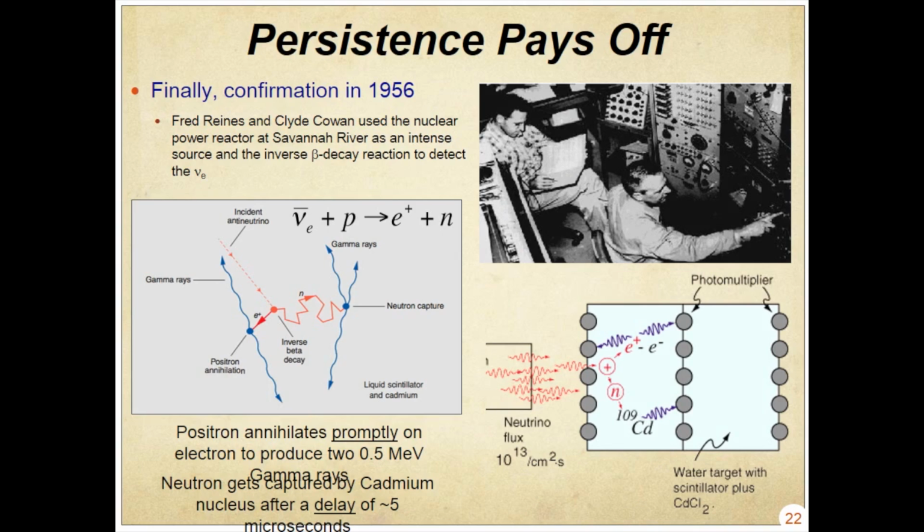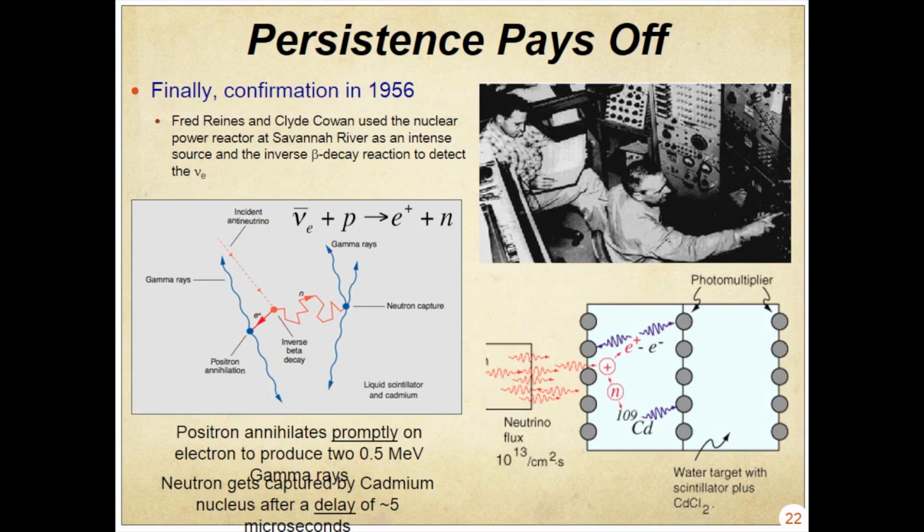Once it's made, an antimatter particle suddenly finds itself in a bath of matter, so it will immediately annihilate against some local electron and turn into energy, and that energy can be detected. And then the neutron similarly will eventually go and sort of capture onto an atom. And when that capture happens, it'll kick off a little bit of energy. And so you look for a coincidence of those two signals happening, and it's that coincidence that's so key to separate it out from accidental activity inside your detector. This happens over a few microseconds of time.